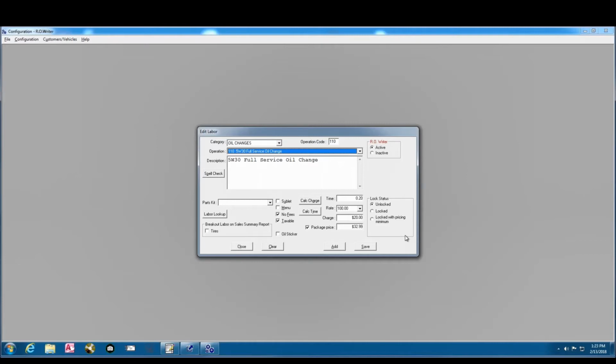You can lock them with a price minimum, meaning they'll always be at least $32.99. Users can change it to a higher value. Or in my case, I've got them unlocked, which means somebody has the option or ability to change not only the charge, but the package price as we go through. If you lock it with a price minimum, when we add it to a ticket,